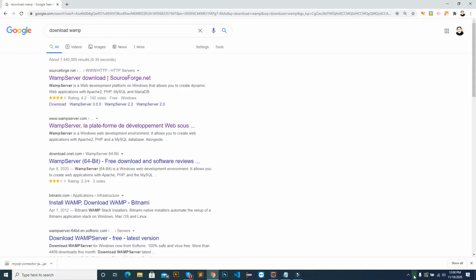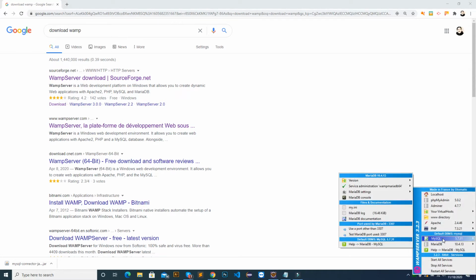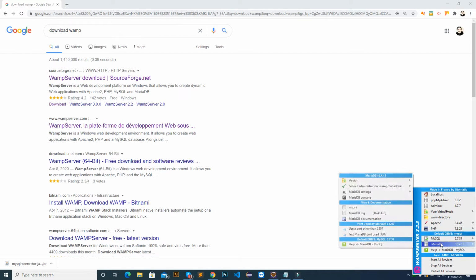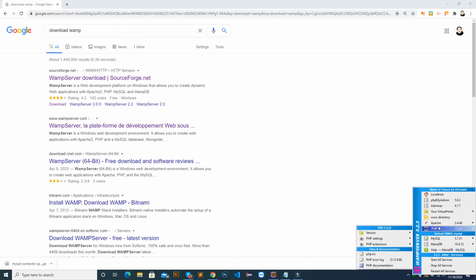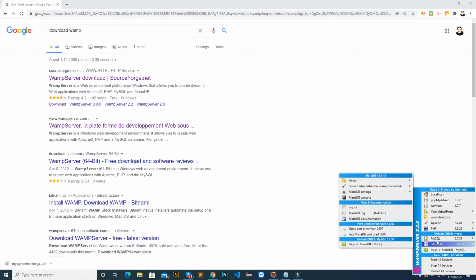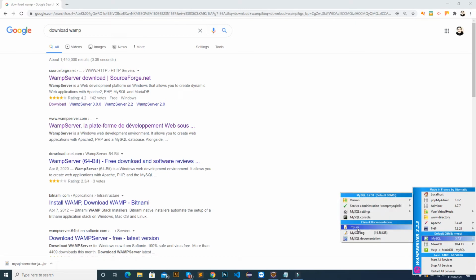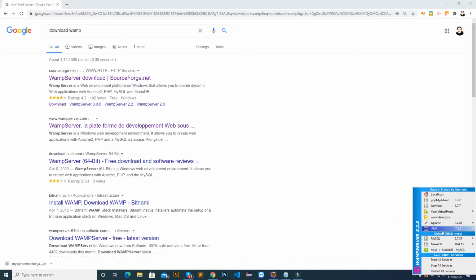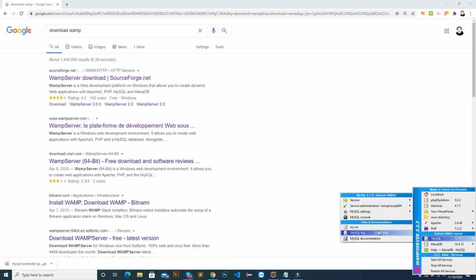If I click on it, you see this is MySQL and MariaDB, and this is PHP. These are the settings. We have php.ini, in MySQL we have my.ini, which is an initialization file, and in Apache we have httpd.conf and the virtual host config. We can configure these files, but you are new, so there is no need to configure anything, just see that this is running.